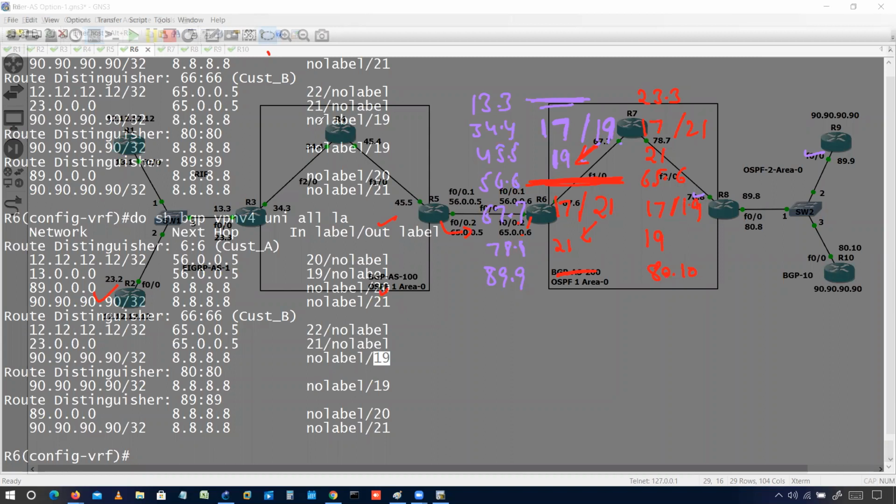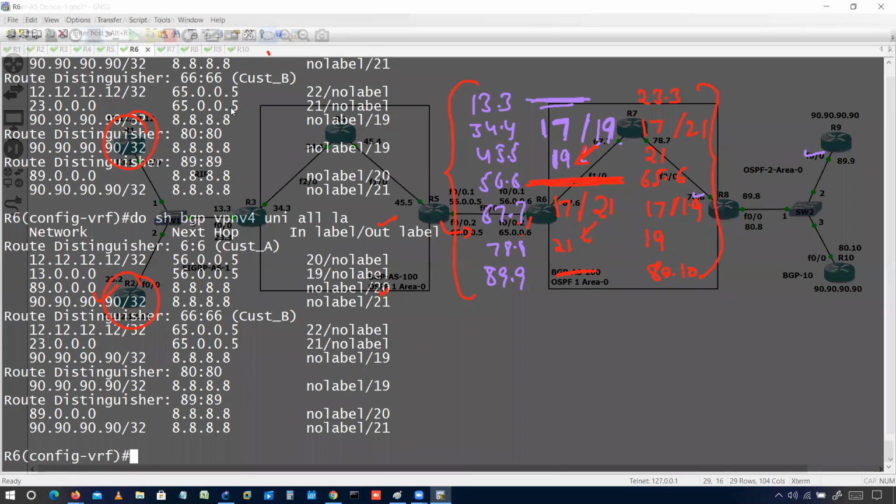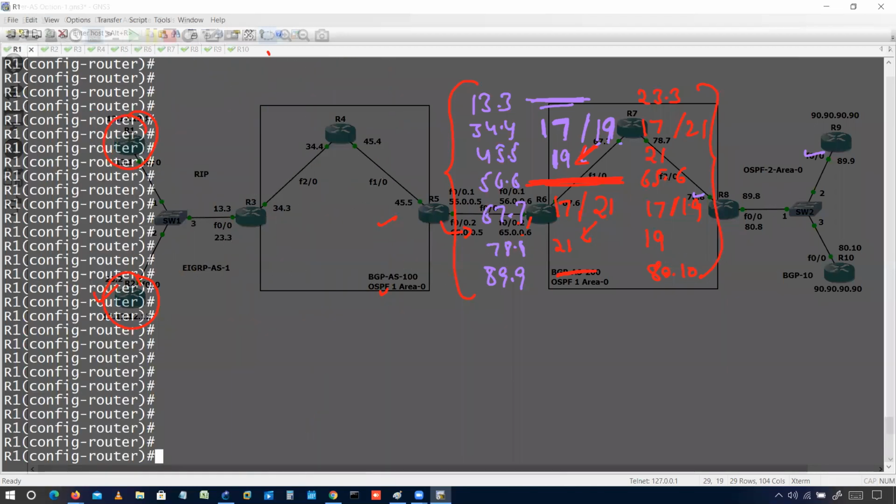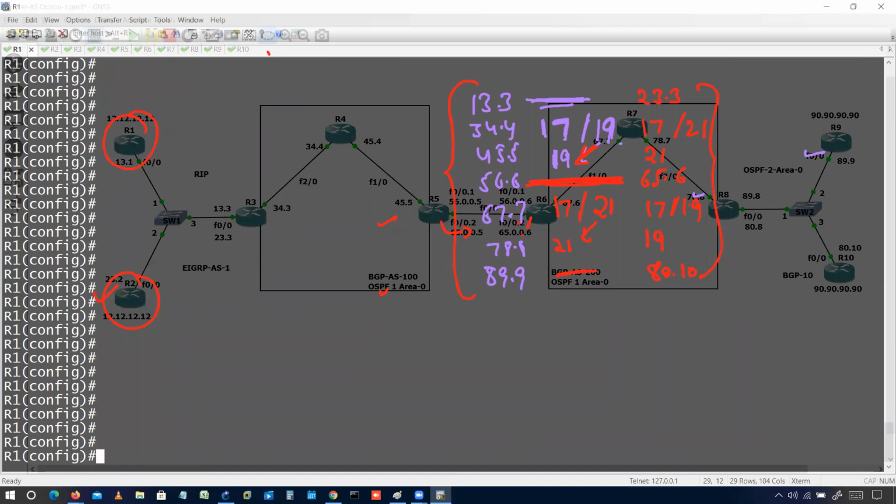That's it. So once I do a trace from R1 to the loopback address, this will be the output with these labels. And once I do it from R2, these will be the output with these labels. Okay, so let's start from R1. I'll show you these labels even in the packet capture. Do trace, even here we can see those traces.